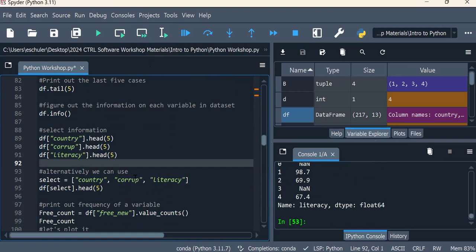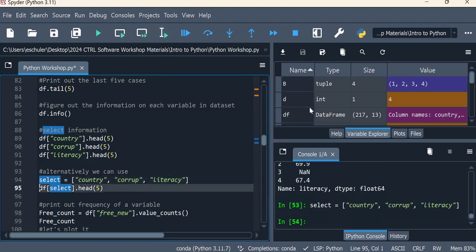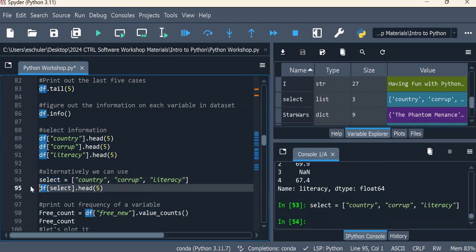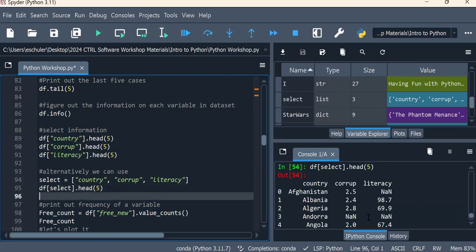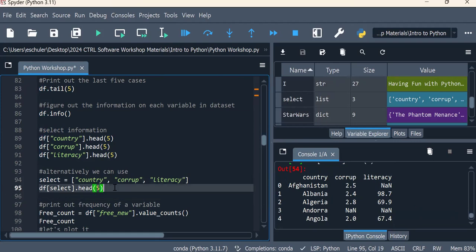Alternatively, we can also save variable names as an object and then pass that in rather than the variable name in the square brackets. So we can say all 3 of these, we're saving that as an object because now we have a select, just a list of the variable names, and then df, that list of variables, we want head. So we have the head method there. We can say, okay, what are those first five countries with those three specific